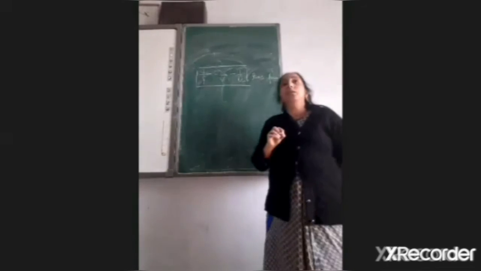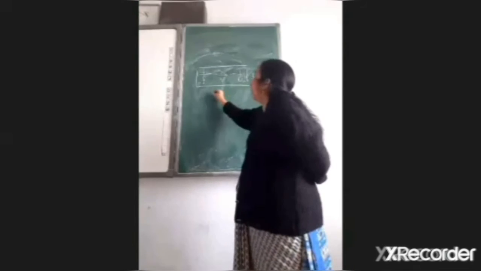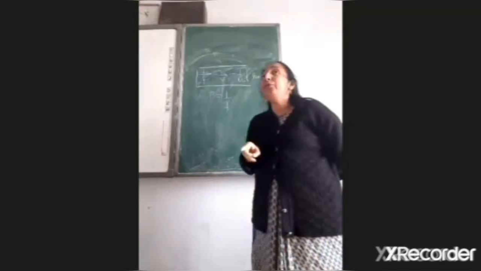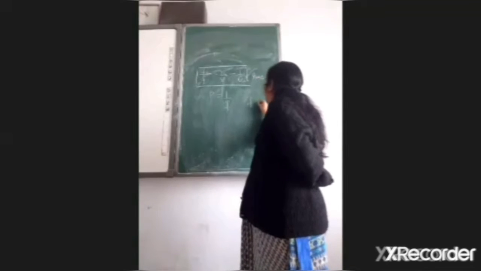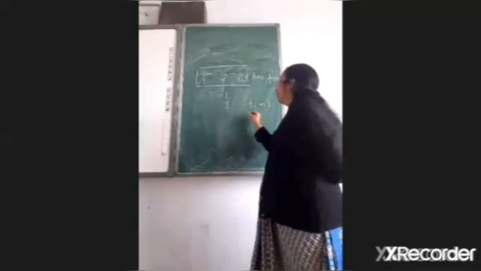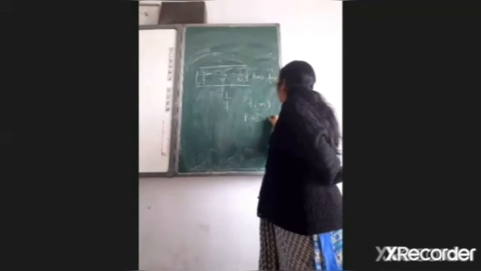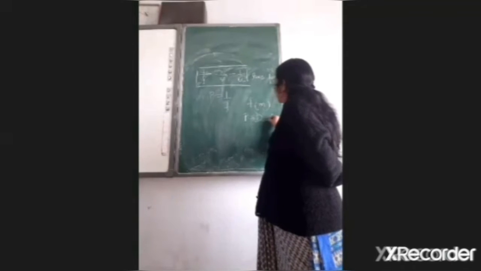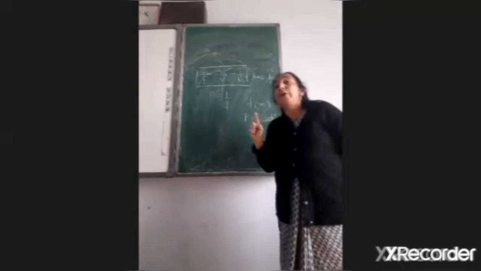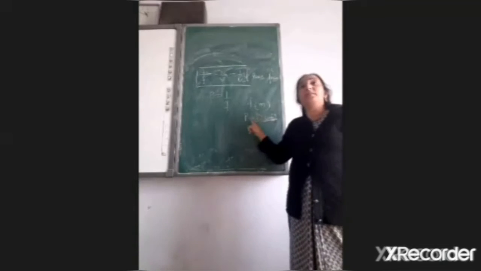Okay, lens formula. And we have another formula, that is power of the lens. So power of the lens is always P is equal to 1 upon f, but f should always be in meters. Then the unit of power is always diopter. D, we will represent it by D. The unit is diopter. When the focal length is in meter, then only the power of the lens is in diopter.